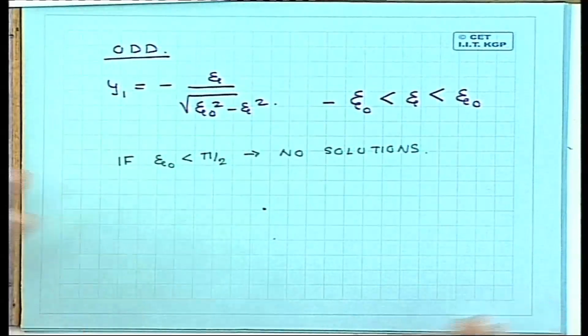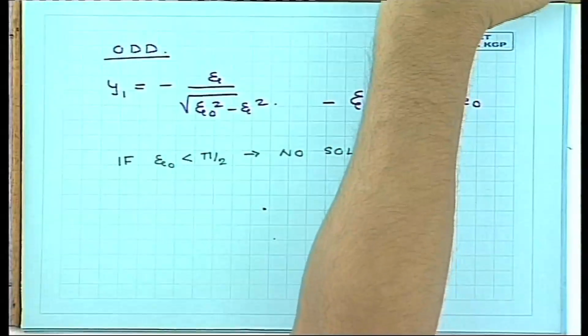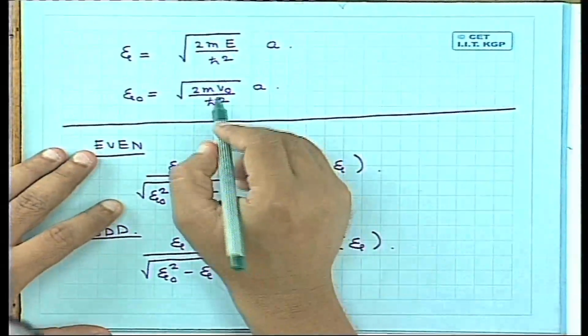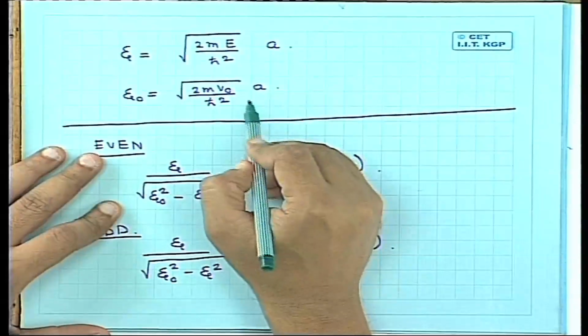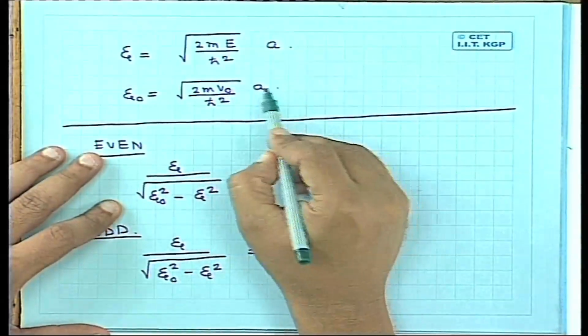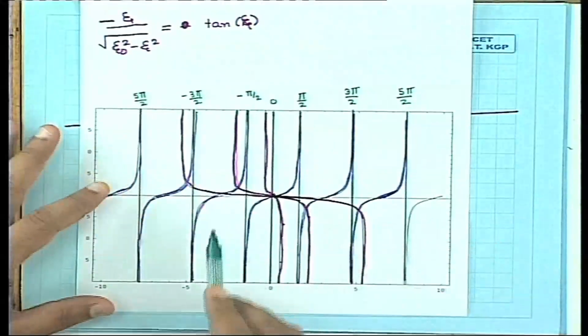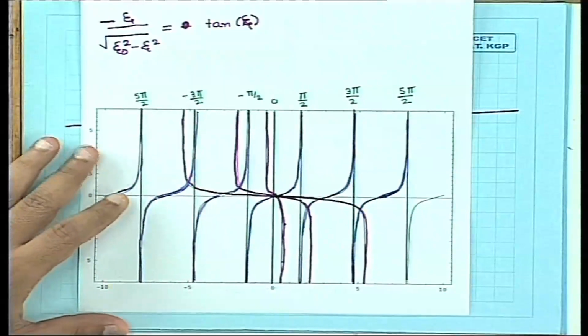So this combination of the potential depth of the well and the width of the well, where V naught is the depth and A is the width, if this combination is not sufficiently large, if the potential well is neither sufficiently deep nor sufficiently wide, then you don't have any allowed energy bound states for a particle of energy E. So the well has to be sufficiently deep or broad so that you can have some bound state corresponding to odd n.